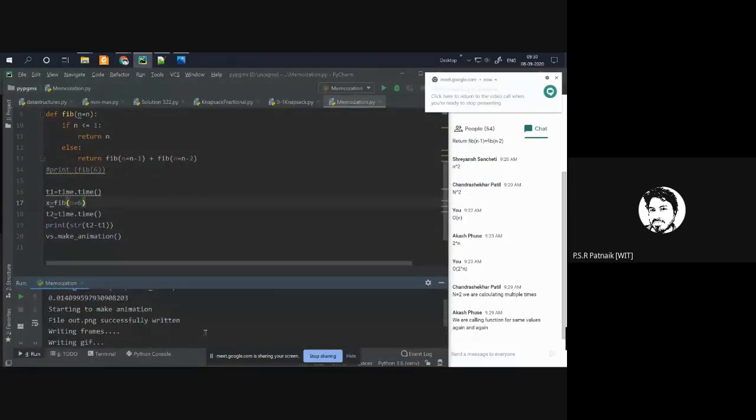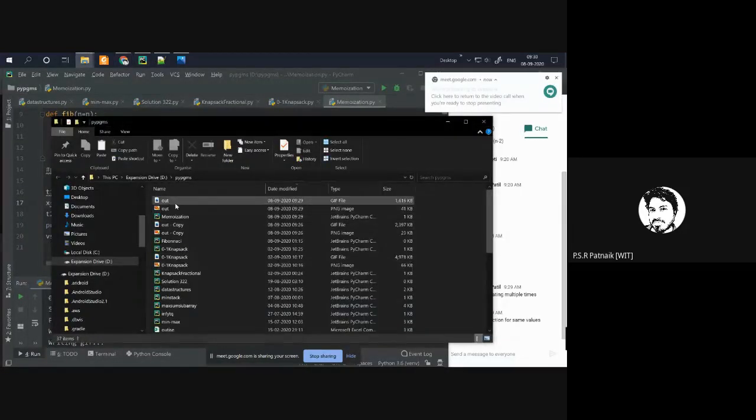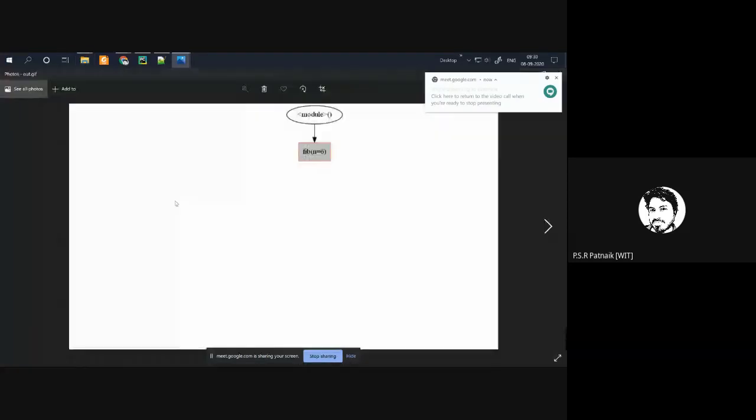Okay, so this is done. Now I'll show the status for n is equal to 6. You can once again see that as the number increases, the number of redundant recursion calls is far higher. That's why it is taking too much time.